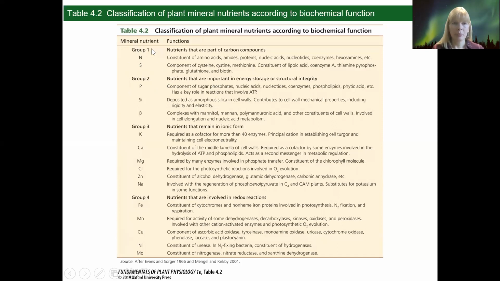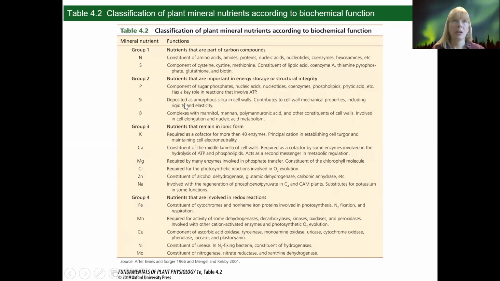And so grouping them in this way as you're studying will be important, because I will ask multiple choice questions, okay? So think about this idea where I might pose a multiple choice question where I'd say, this nutrient is important in energy storage or structural integrity,